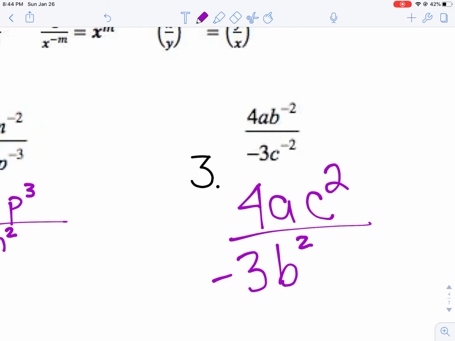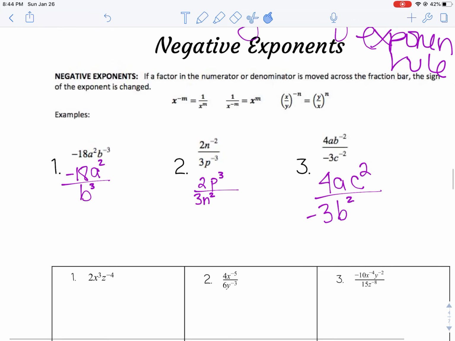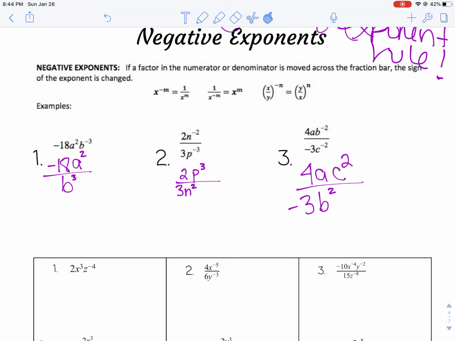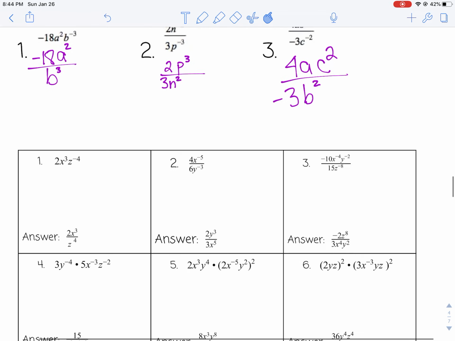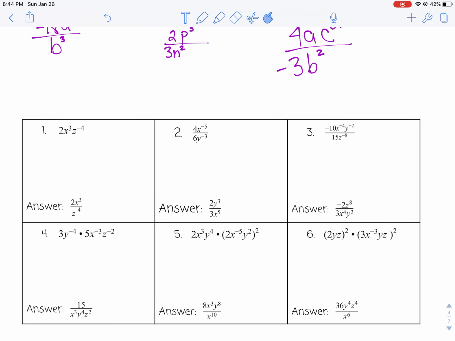And then C needs to move up because it was in the denominator. So now it's in the numerator and it is positive because I moved it. Okay? So anytime you have negatives, make sure that you move them either up or down so that they can become positive. There are some extra practice problems, so I would look at those, see if you can get the answers